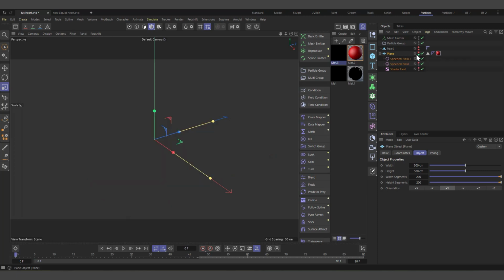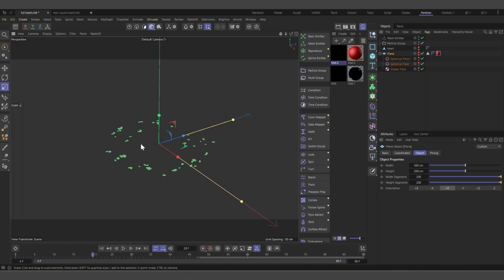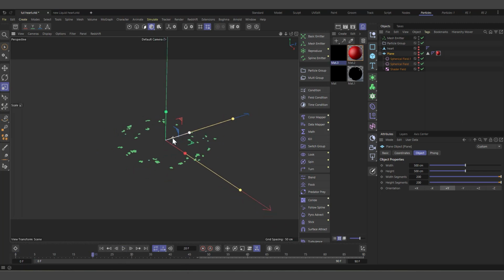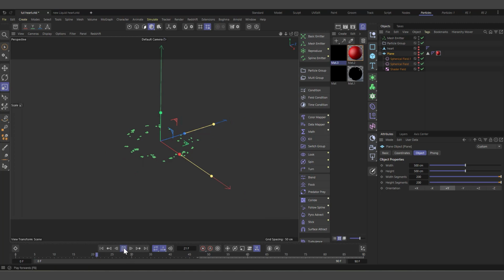So now we can go ahead and hide our plane, and if I hit play, I don't know how my mouse is messing me up. If I hit play, you can see it generates only at the places where the selections were made. So that's what we want. So if we hit play over time, but there's no velocity, so we want to add forces, and the first force we want to add is